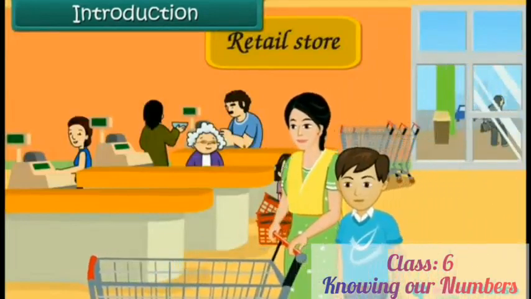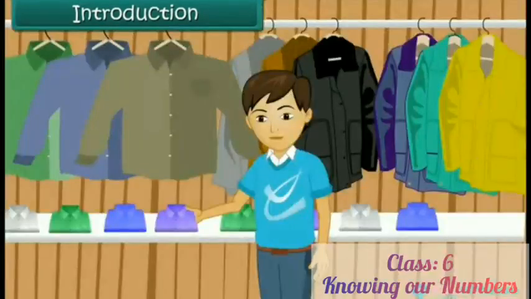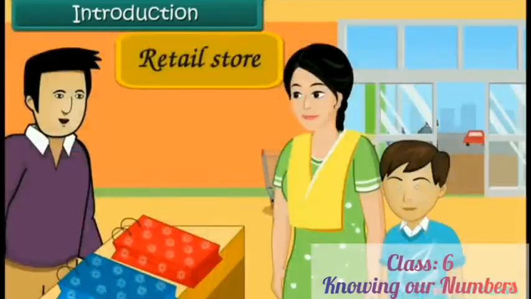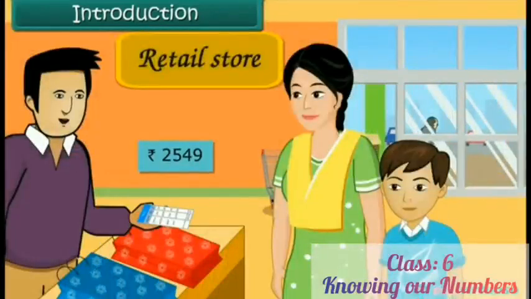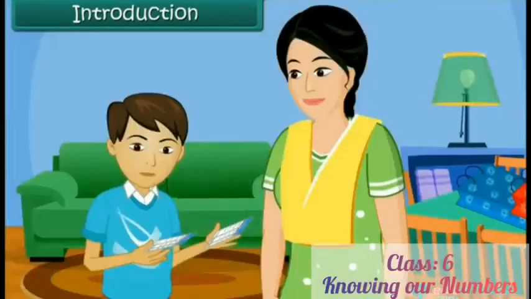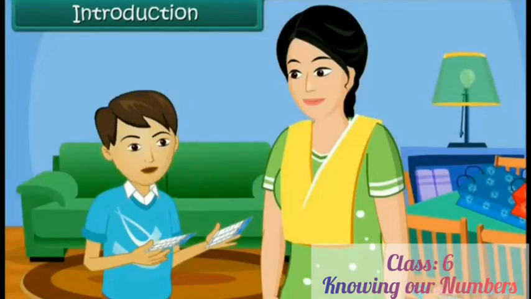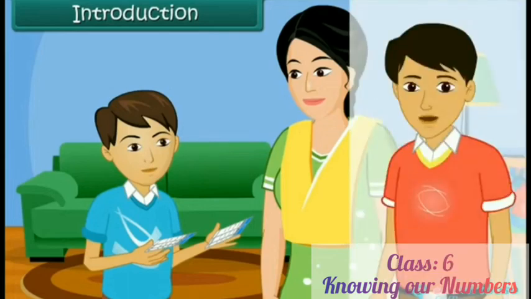That evening, mother and Anuj visited the shop. Anuj bought two shirts for 2,149 rupees. Mother bought some grocery items and the bill amount was 2,350 rupees. At home, he compared the total amount of the two bills. He noticed that the shirts' cost was more than all the grocery items. It seems he learned about large numbers, right?